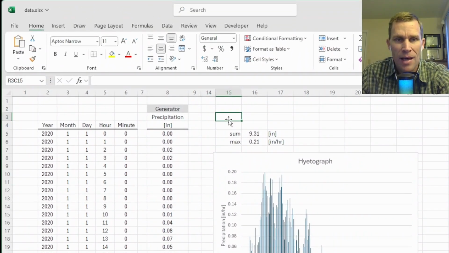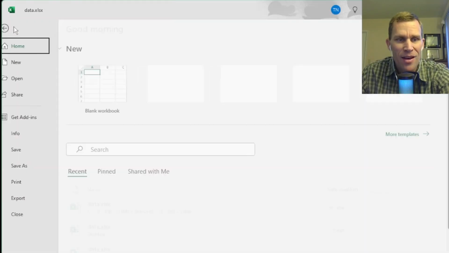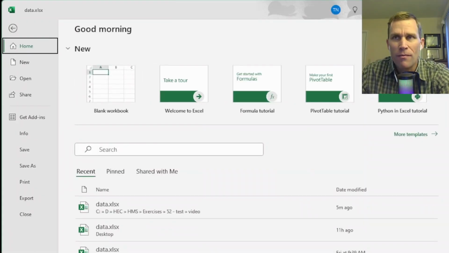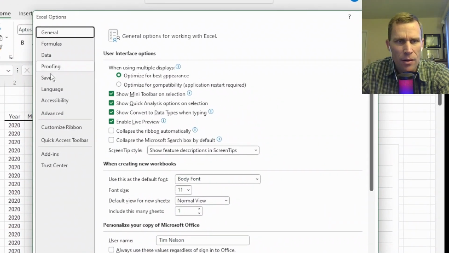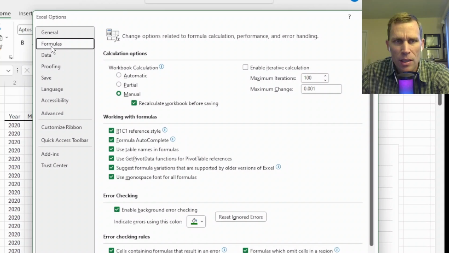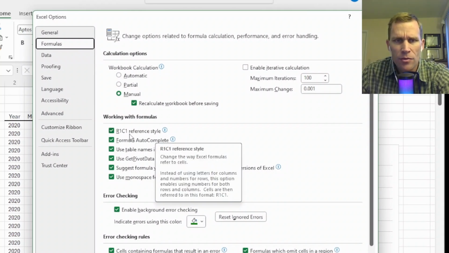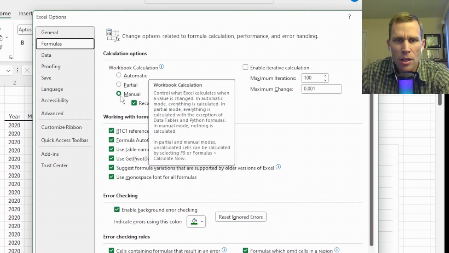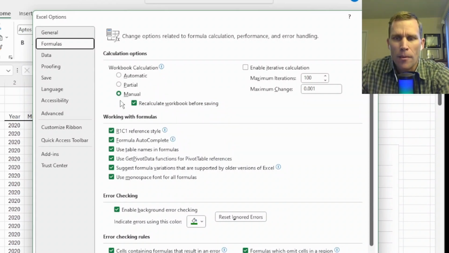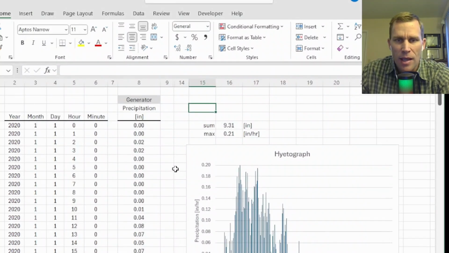I just had to add letters personally, and then I'll show you how to do that. The other one involves the automatic formula generation. So if you go to File Options and then click on the Formula menu on the left, R1C1 reference style is what I like to use. And then also under workbook calculations, I just click on manual. So if you want to regenerate the equations to give yourself a new hyetograph, then you just click F9 once